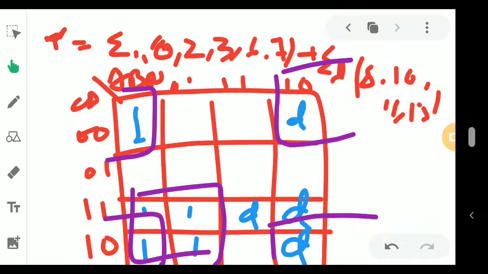There is no change. And now using the don't care method, if you consider the don't cares over here, these two we can combine and these four we can combine. If you combine and check, the value becomes A bar C plus B bar D bar. In this way you can combine your D values. If you want to take it common, you can consider your D value as 1. In the other case, you can consider your D value as 0, and you can make a set with the help of these two. Okay, so in this way the don't care method is applied.